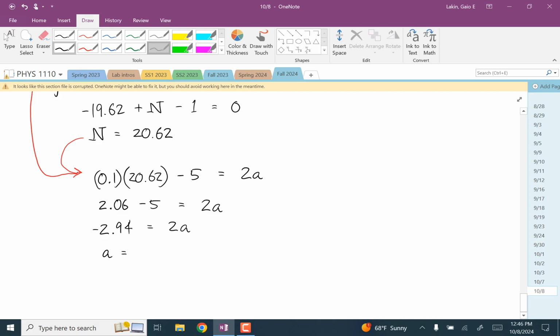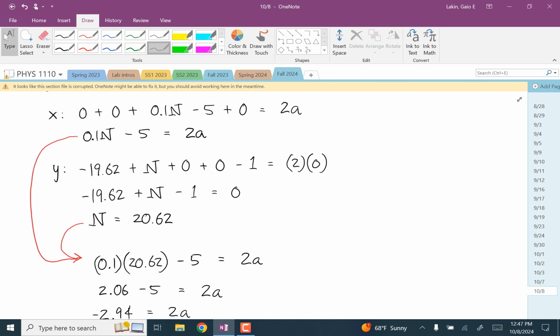So a is equal to negative 1.47 meters per second squared. Yep. Did you figure it out, Newton or normal, the normal force? Don't you have to put newtons behind the 20? Yeah. I was just going to wait until the end to put the units on. That's what I usually do. Actually, I'll leave it off here. So, because